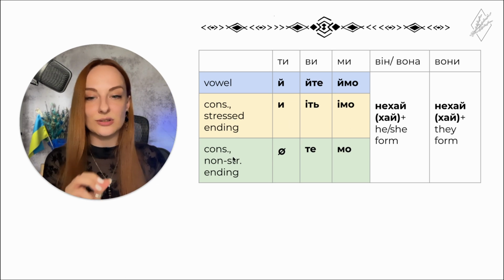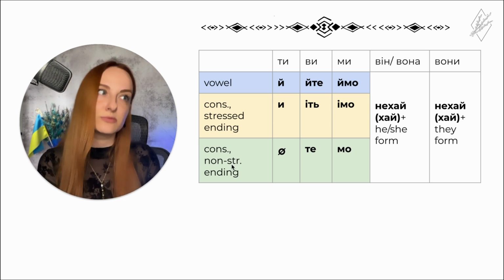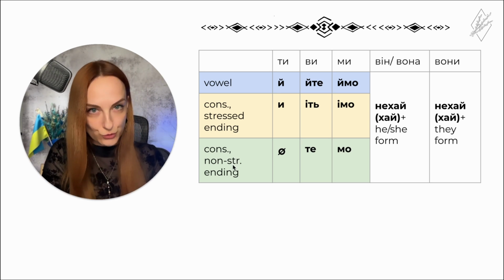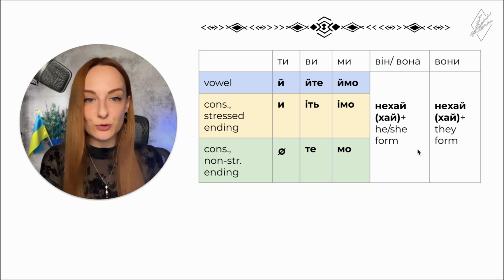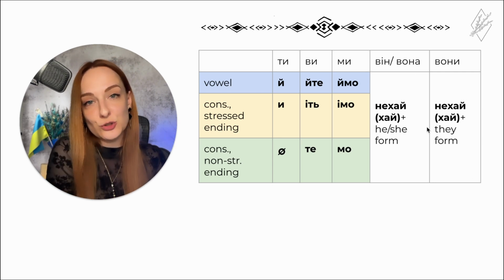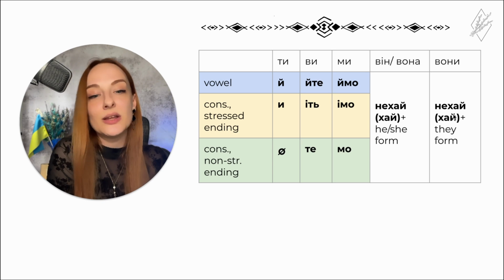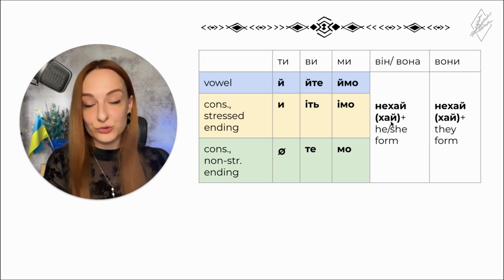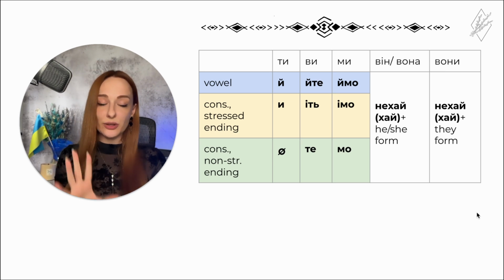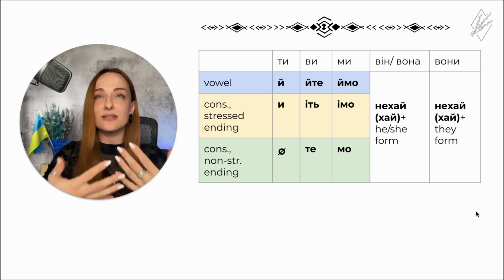And if consonant and not a stressed ending, meaning a stressed root of the word, then you have this set of endings. This form for він, вона, вони, the third person, is always the same: нехай або хай and the he, she form of the verb. So if you keep this table,